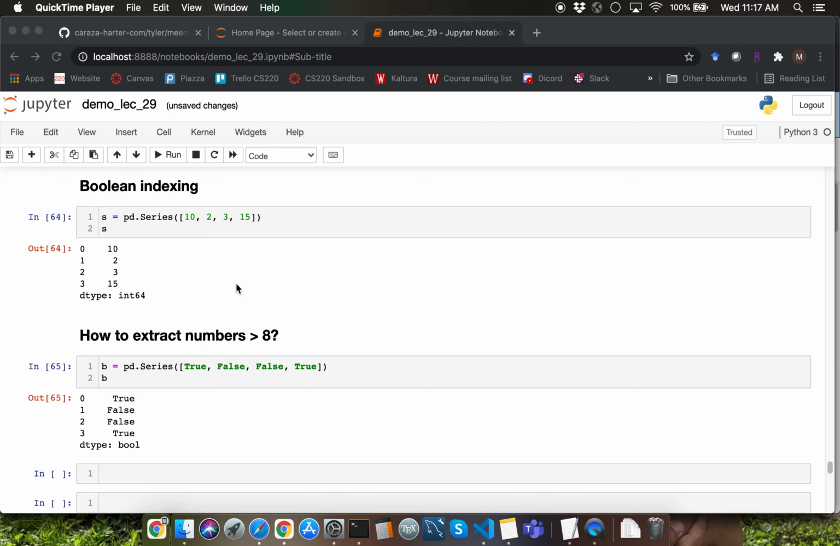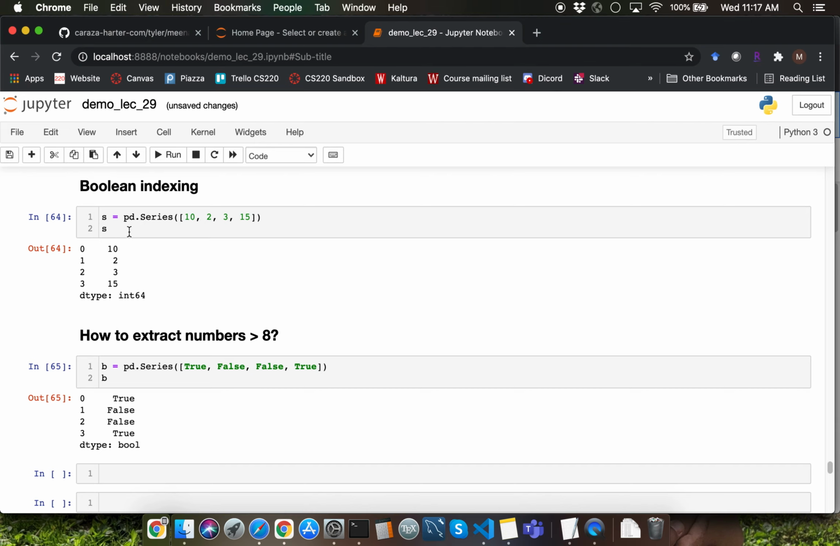Hello everyone, let's learn about Boolean indexing. I have a series example S here which is generated from a list of integers. We are going to learn how to answer this question which is asking how to extract the numbers greater than 8. In order to answer this question, I've created a Boolean series which is generated from a list of Boolean